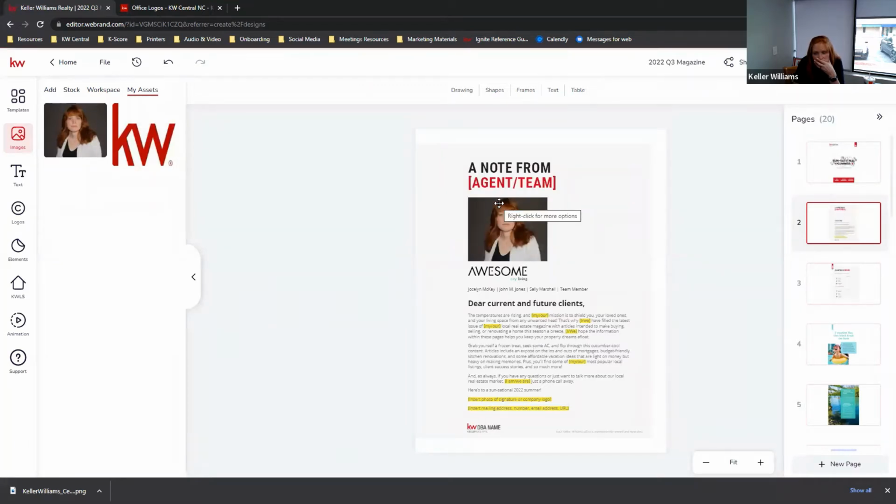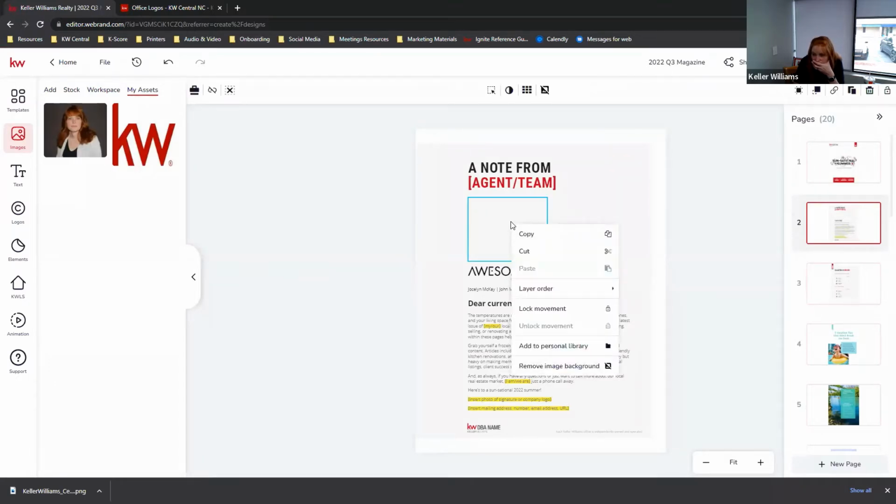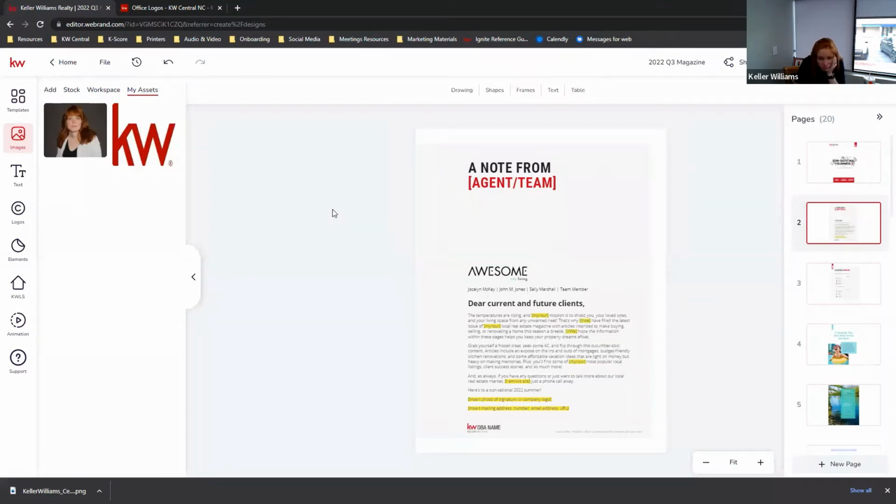Honestly, I like the fact that yours isn't highlighted, because you have to go through and remove the highlights anyway. Just go through, and anywhere it says something like "we are" or whatever, try to change it. So what are these three names over here? Jocelyn, John, and Sally? That is if you're part of a team, so I can delete that.